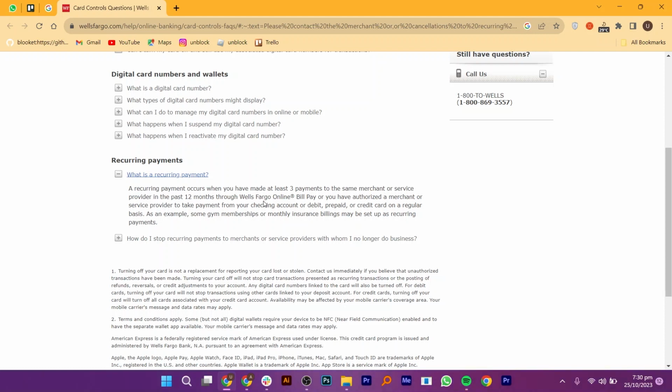Now, you will be on the Card Controls questions page. Look for the question that says "What is a recurring payment?" and click on it. A recurring payment occurs when you have made at least 3 payments to the same merchant